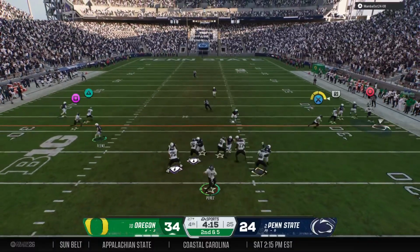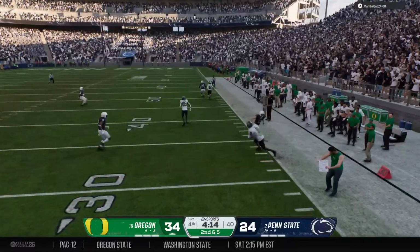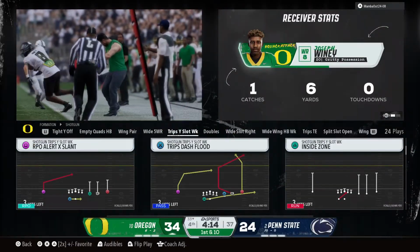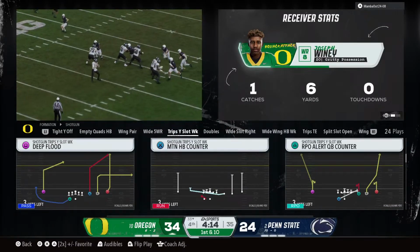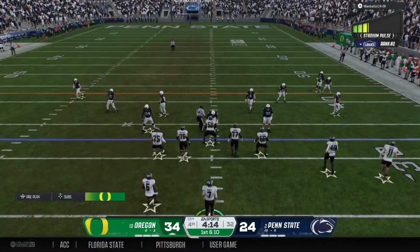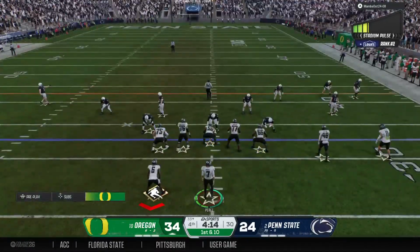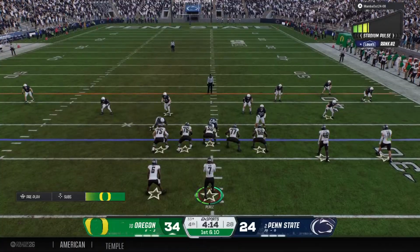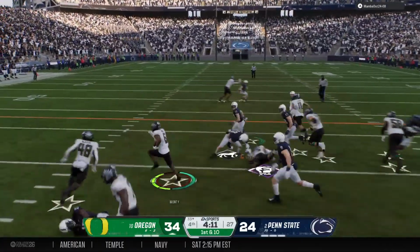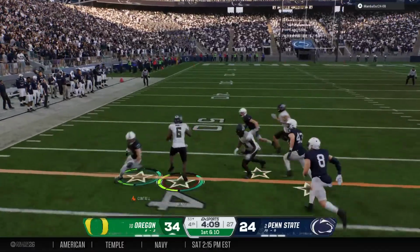To throw, it's Perez. It's an out route, the catch made, and he'll head out of bounds, but not before picking up enough for a 1st down. Chris, that's another nice pickup through the air. I thought they might be really just out to run the football here with the lead. But instead, they're electing to throw the football. Different routes, quarterback's in rhythm. Really, it's almost an extension of their passing